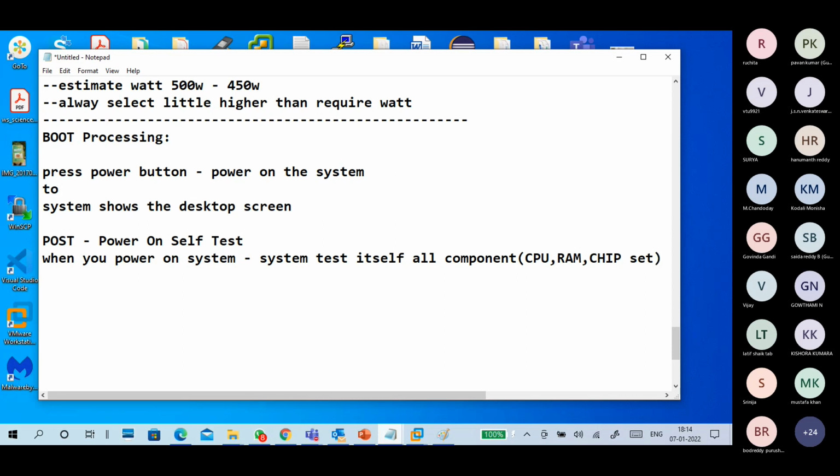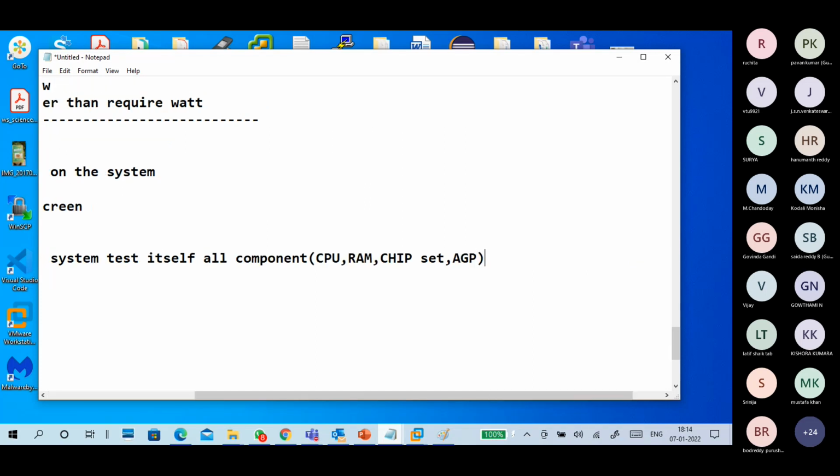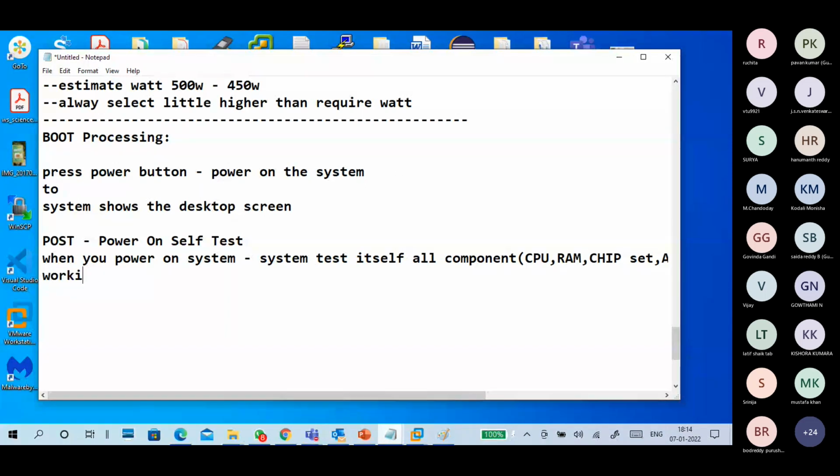CPU and RAM are very important. So CPU, RAM, VGA, and any graphics cards if you are using one, AGP graphics cards. Okay, working or not?